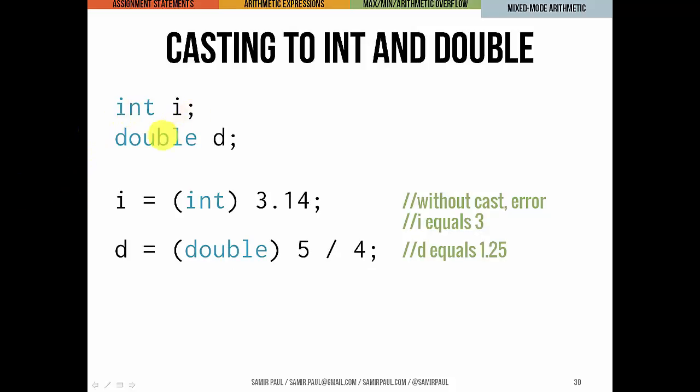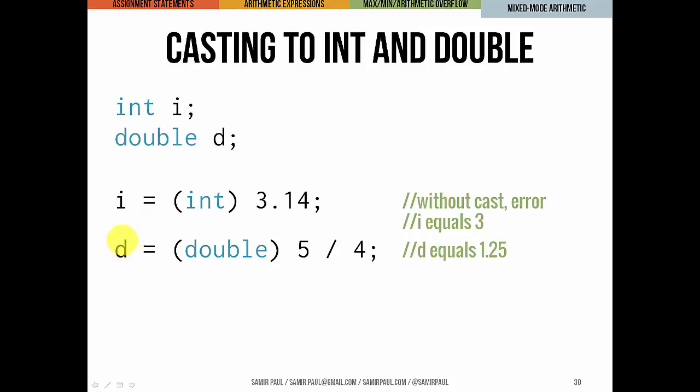So quick example here, coming back to what we were looking at a second ago. If you have an int I, double D, okay, I equals the int version of 3.14. We're taking a double literal and cramming it into an int variable, but it's not going to throw an error at us because we're saying to Java, hey, I want you to turn this 3.14 into an int. So now the value of I after this assignment statement is going to be 3.